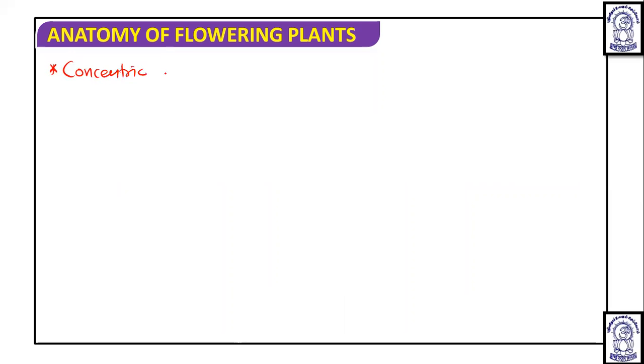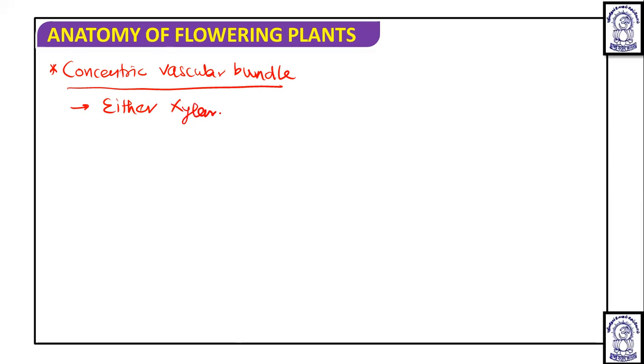Now, when we talk about concentric vascular bundle, in this type of vascular bundle you will see that either xylem surrounds the phloem